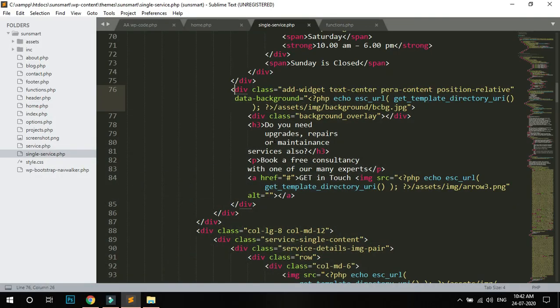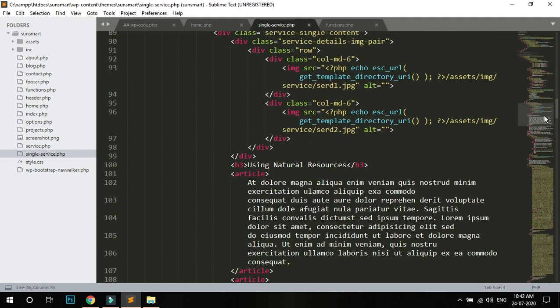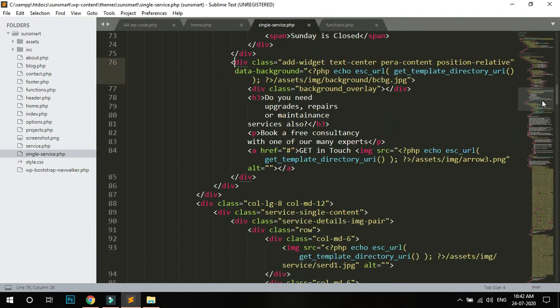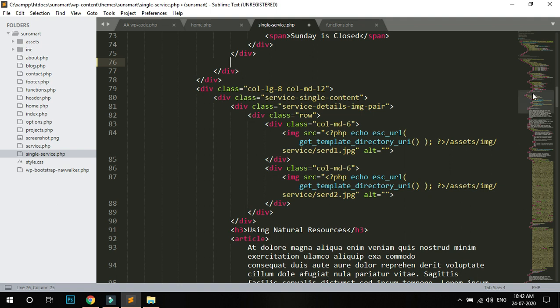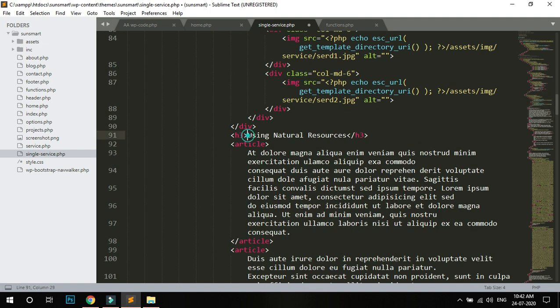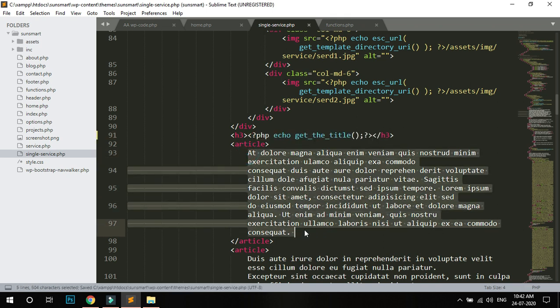What is this section? Okay, this is the sidebar section, so I remove this one, I don't need it. You can see this is the page, this is the title, and here the content.